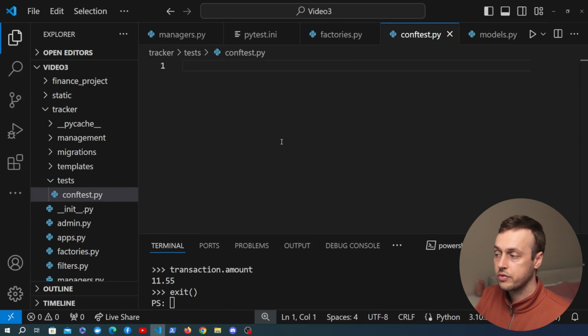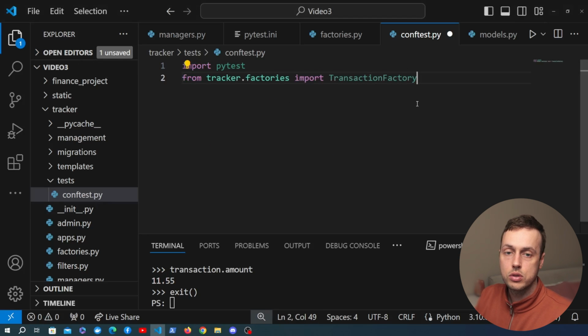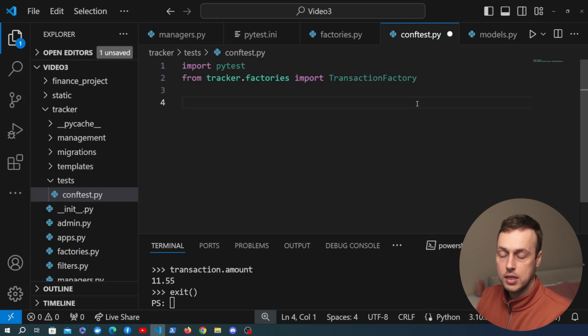What we're going to do in this file is we're going to write what's called a fixture in pytest. And if you're not sure what that is, we did a video on pytest recently, and that contains some explanation on fixtures. It should be appearing on the screen now. In this file, we're going to import pytest, and we're going to import the transaction factory that we defined in factories.py. Now what we want to do is write a fixture that allows us to inject a batch of transactions